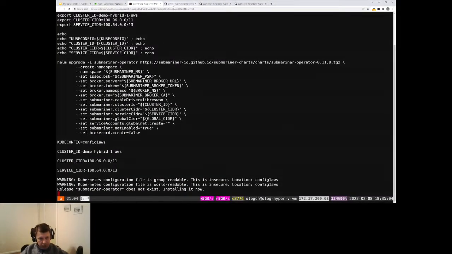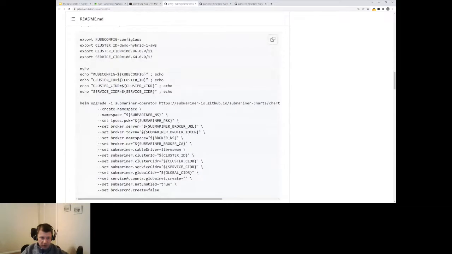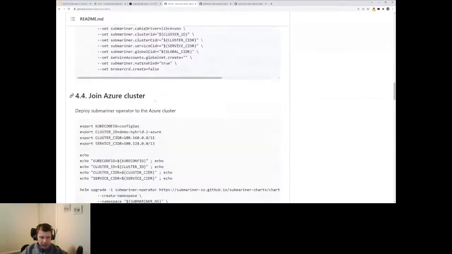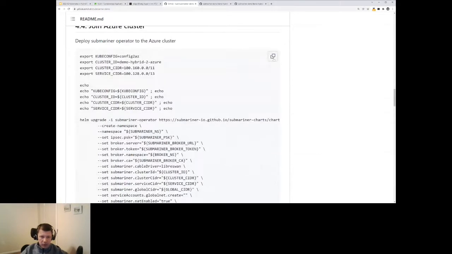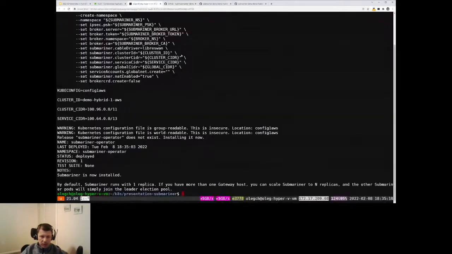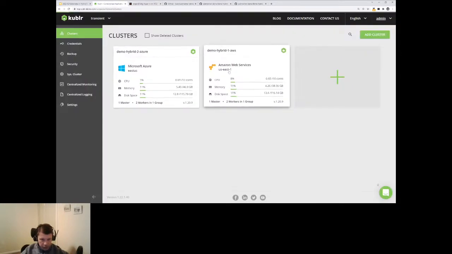So while it's deploying and it's done, we now deployed this Helm chart in AWS cluster, and with a very similar command with slightly different parameters, we deploy Submariner operator into the Azure cluster. And while it's deploying in the Azure cluster, we can check how it looks in AWS cluster using